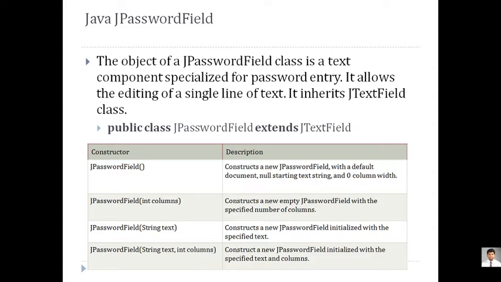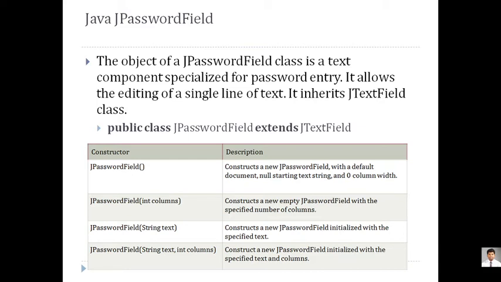Now that was the problem of AWT components. Now in Swing components, these people have created a separate component for accepting the values only in the format of a password-like field. That is, a star will be displayed on the screen. So the name of the field is password field. So don't use just password, it should be JPasswordField. Many students make a habit of writing only J password. So it is not JPassword, it is just JPasswordField.